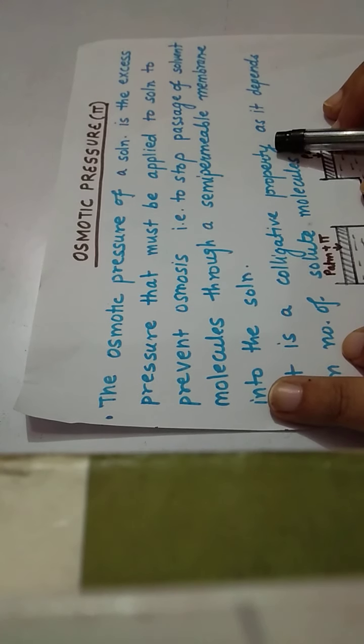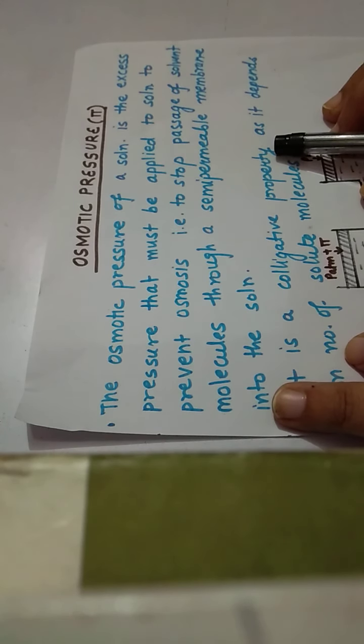As in class 12 we are doing the second chapter, Solutions, and in that we are doing the colligative properties. The fourth colligative property is osmotic pressure. Children, as we are moving to osmotic pressure, I want to tell you that yesterday we covered the topic osmosis. What is osmosis? I am going to tell you about it again. It is the flow of solvent molecules into a solution through a semi-permeable membrane.